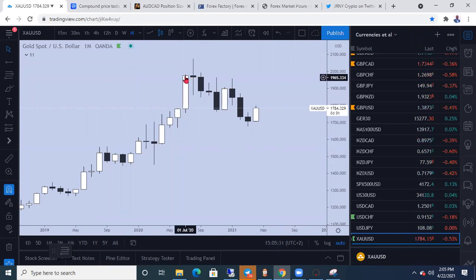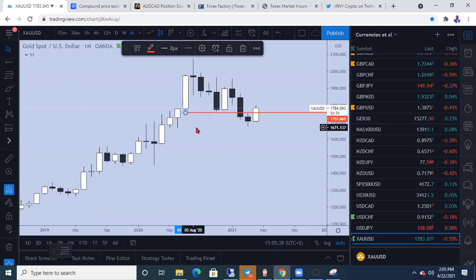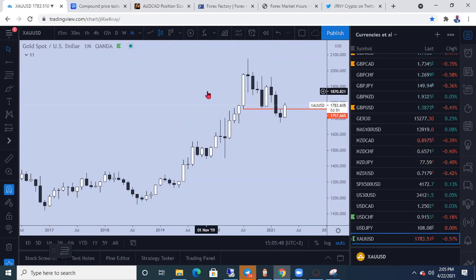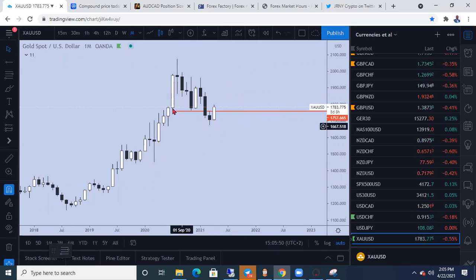Okay, so like on gold, we have this candle, and this is the lowest part of that candle, and this has been violated. Right. So you basically see that on the monthly time frame, it seems like we want to have a strong USD. So that could frame your bias. From the higher time frame, you have a bias that you might be going bearish. If I were to draw my fib,